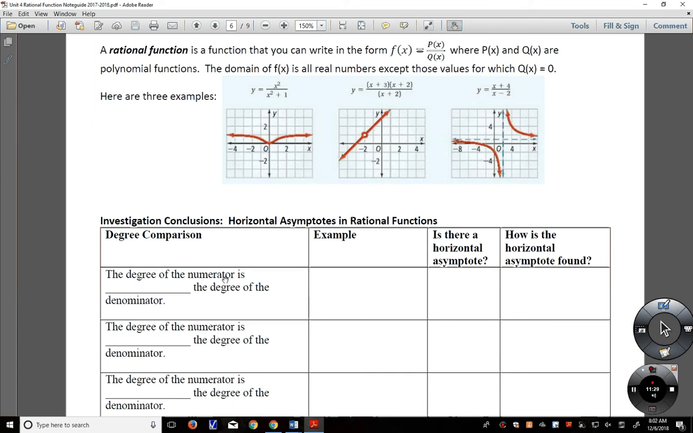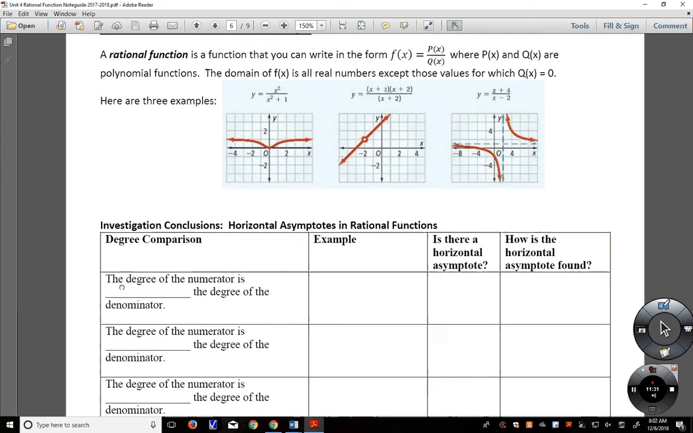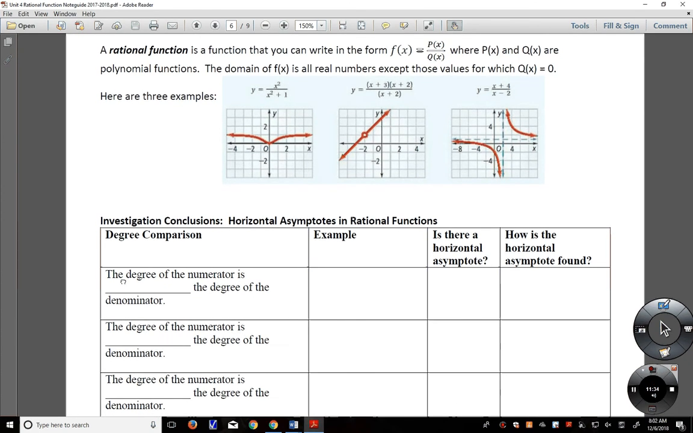So the degree of the numerator is larger than, we're going to do the first one first. If it's larger than the degree of the denominator,